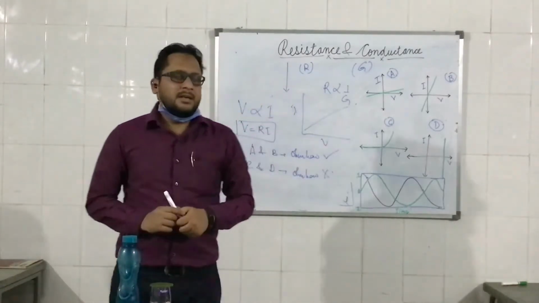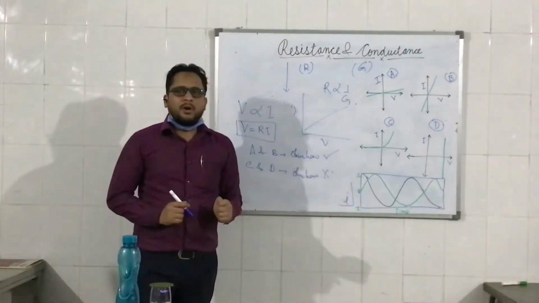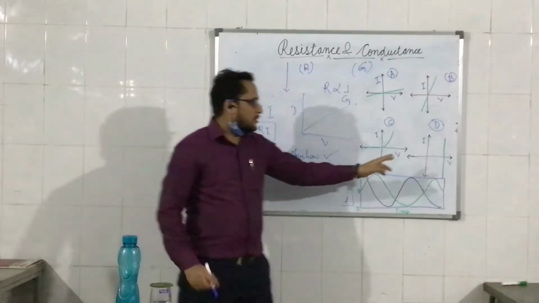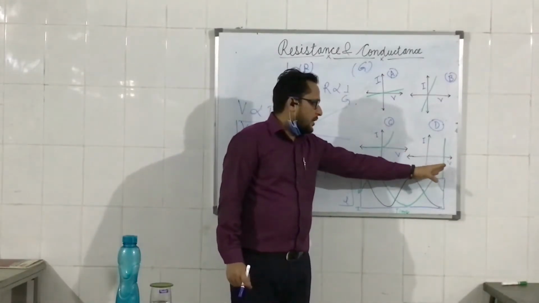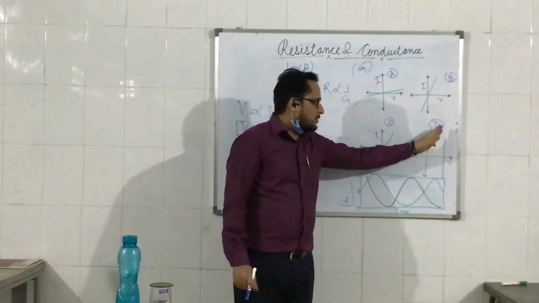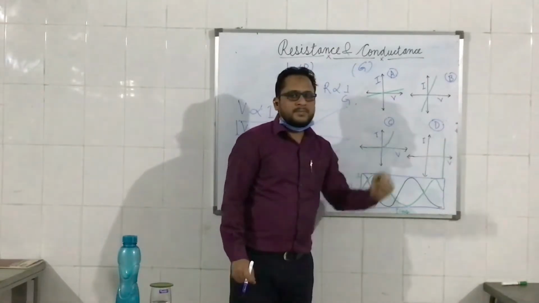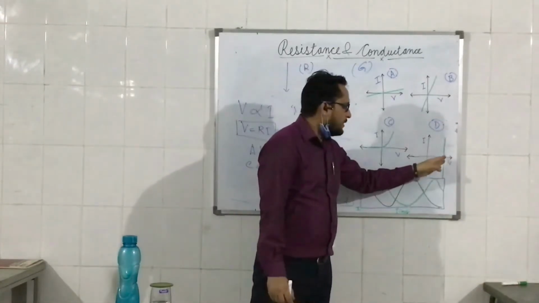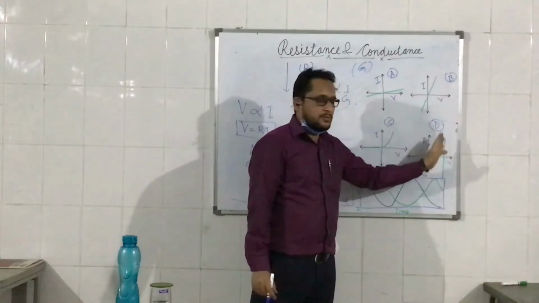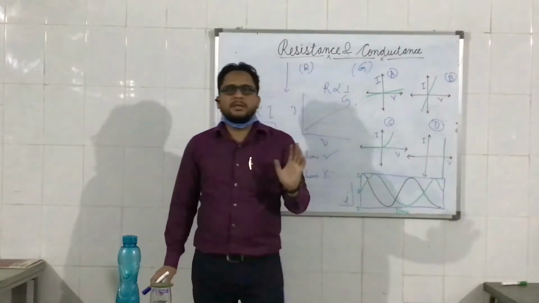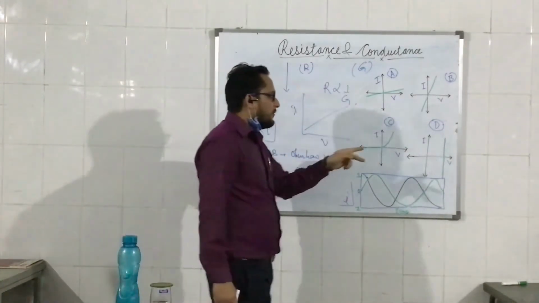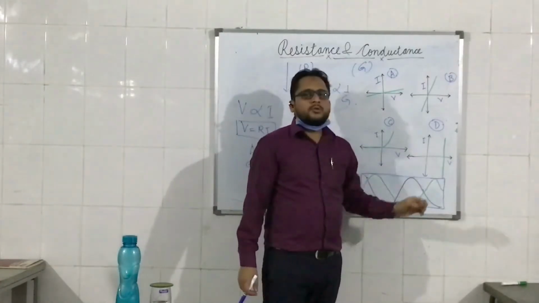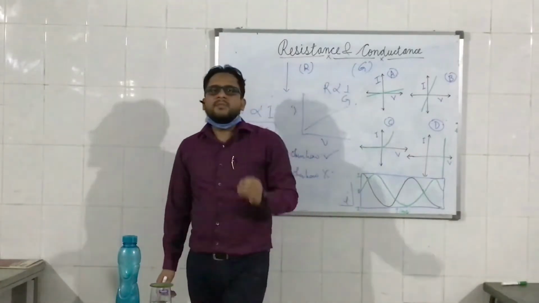while the graph D, which is a graph of a battery, is also not following Ohm's law, because here also you can see they are not directly proportional, while current is almost constant. Clear? At this particular voltage, only current is increasing while voltage is constant. So there is no direct proportionality relationship, and therefore a battery also does not follow Ohm's law.